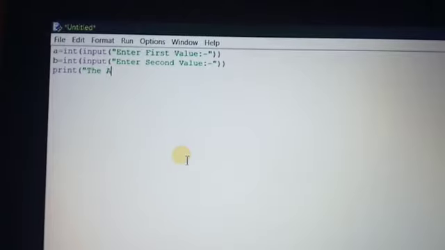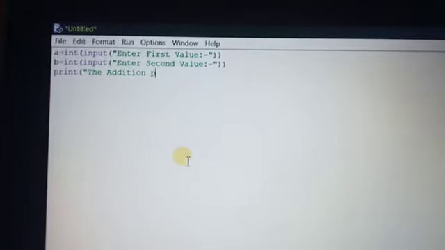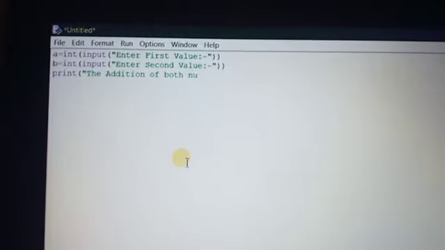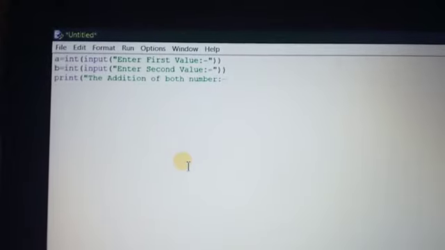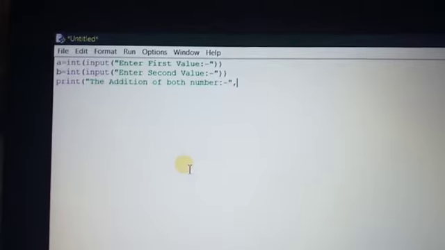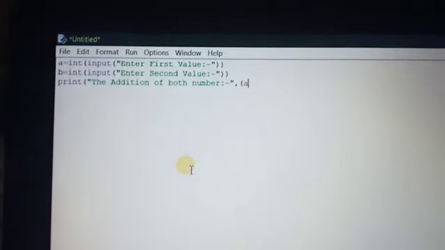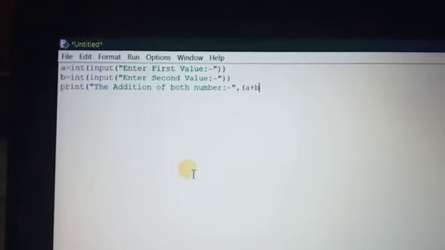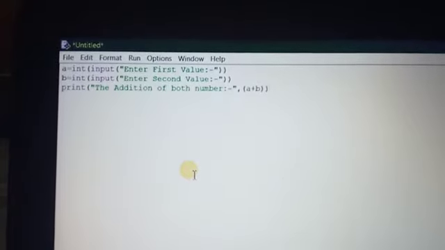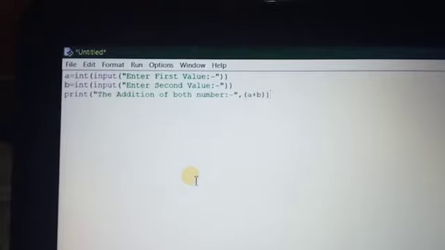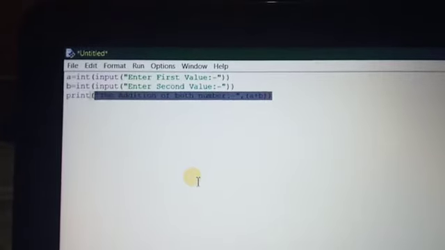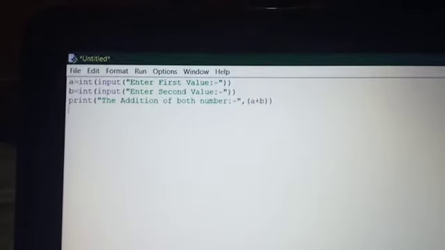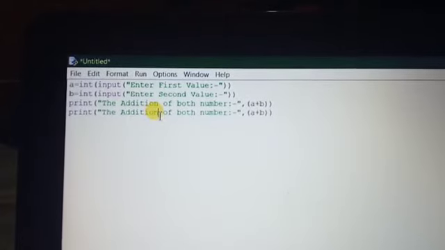I have typed the addition of both numbers, and A plus B. The number is input into variable A and variable B, so the values are ultimately combined into A plus B. Now I copy it and paste it.